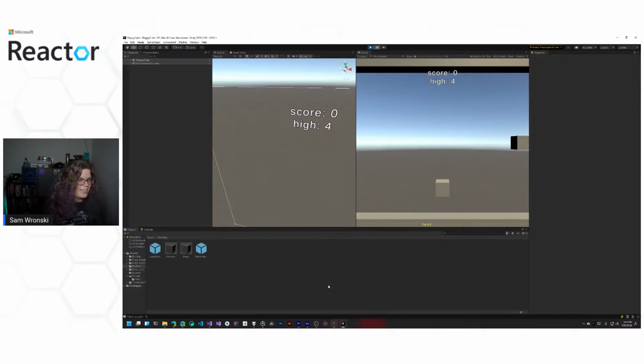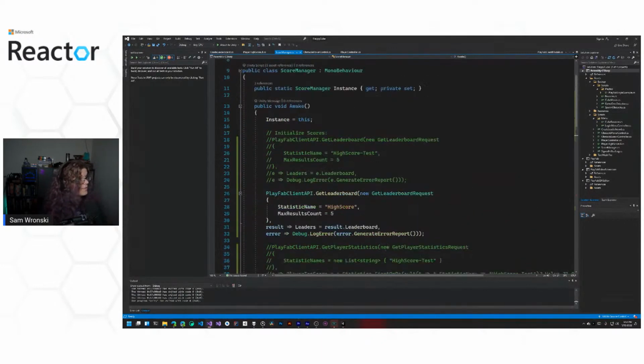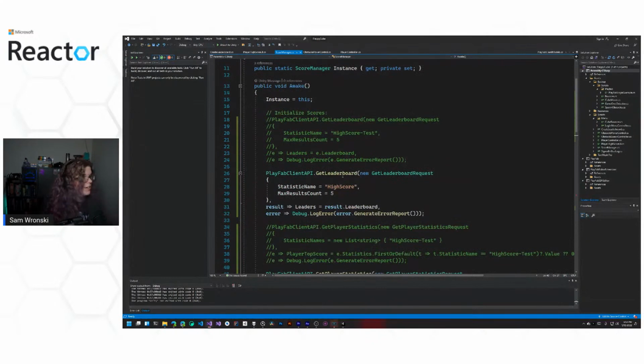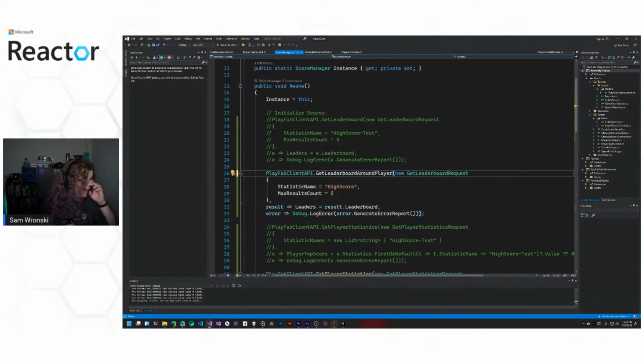But yeah, it's interesting. The last thing I wanted to cover quickly is local high scores. In this case, we are getting local high scores, so we can get leaderboard. We can also do get leaderboard around player, and this is going to do a very similar thing. The request is different, so this doesn't work. I've used this less, so my knowledge around here is slightly less good.